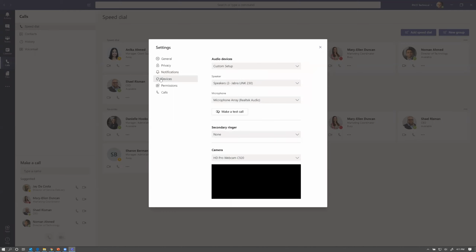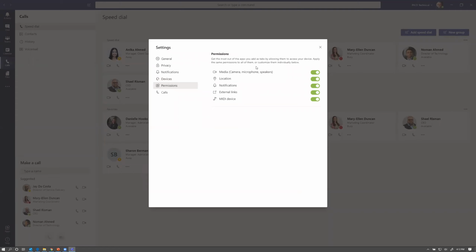Then the next item here is devices. So here's where you can go in and change, there's another place to do this as well, but you can change the audio device if you have multiple sets of speakers, or if you have a headset or a couple of different headsets. If you use a laptop in the office, but out of the office, or a desktop in the office and a laptop out of the office, sometimes you might have to go in and switch back and forth between some of these things, changing your mic, your speakers, your camera.